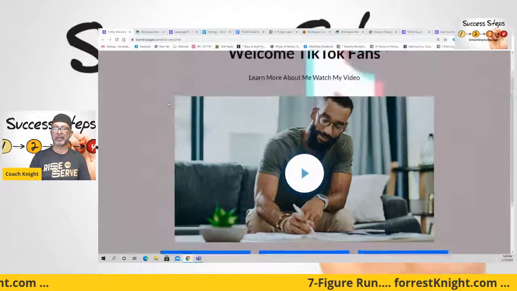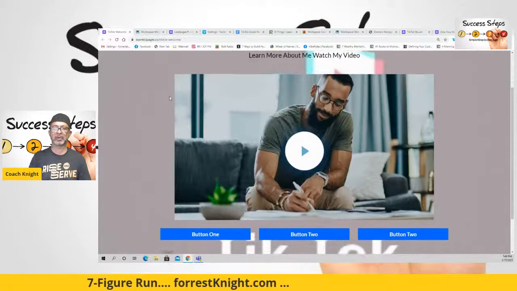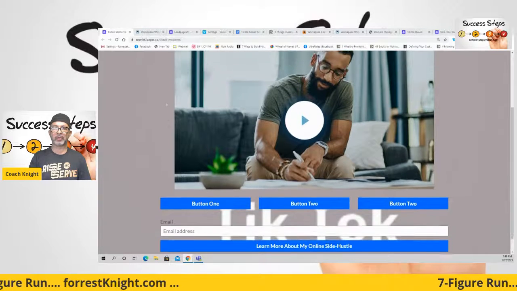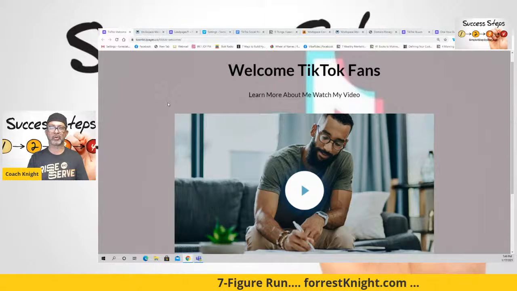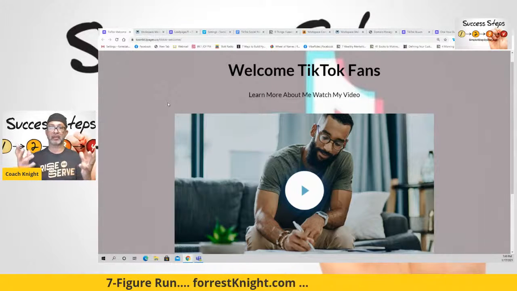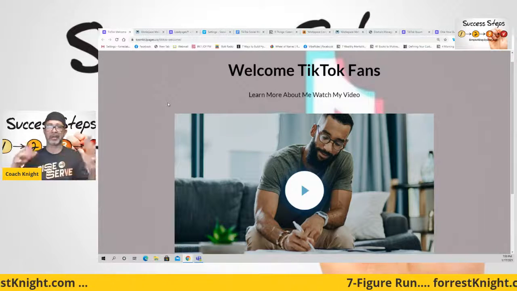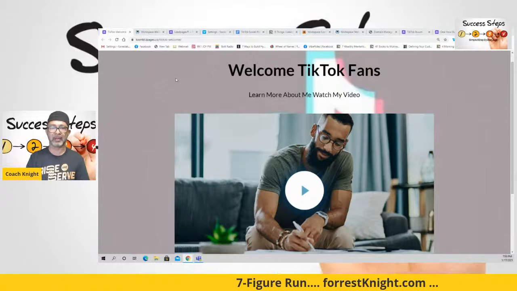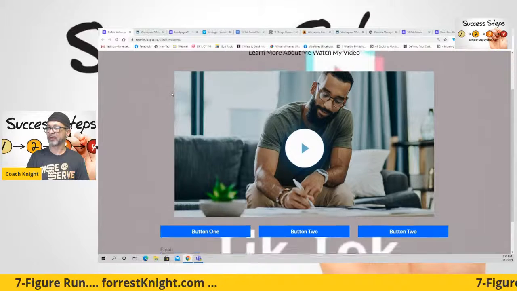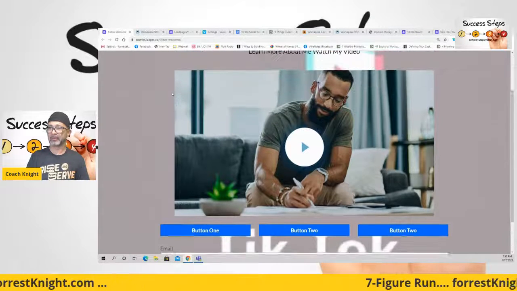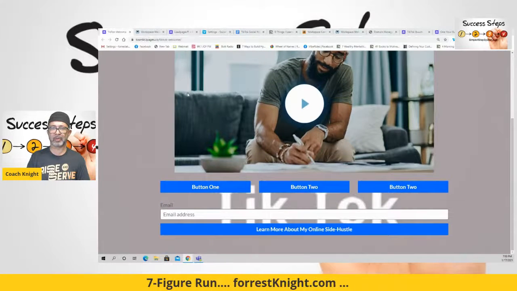So this is basically what you could call the social lender. This is a page that you can design and set up to drive people from your social media platform. It might be TikTok or Twitter or Instagram or Facebook or wherever they're at. You need to send them to a landing page, not to your business opportunity page, unless your company has squeeze pages or landing pages like this. Then you probably wouldn't need this as a solution. I know some companies have pre-built ones for their reps, which is really cool. If your company doesn't offer something like this, you can make your own, just make sure it's compliant. Check with them to make sure it's cool.